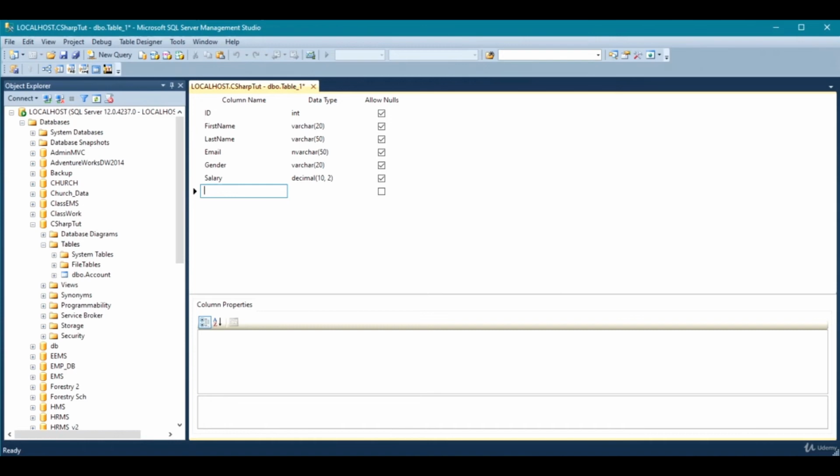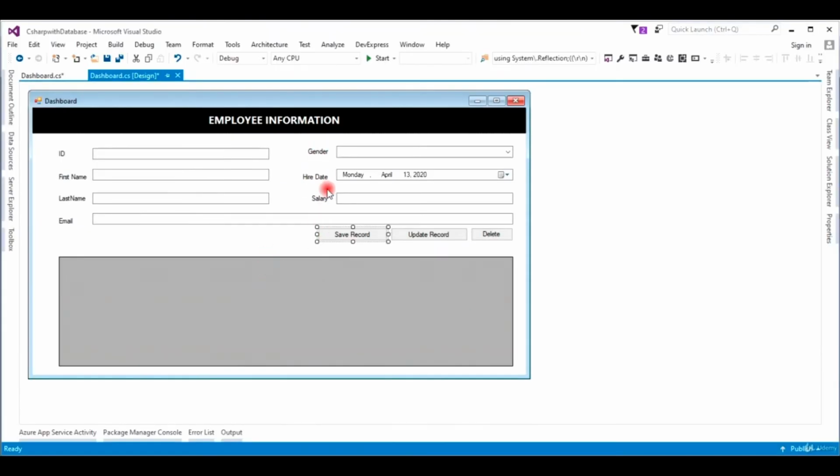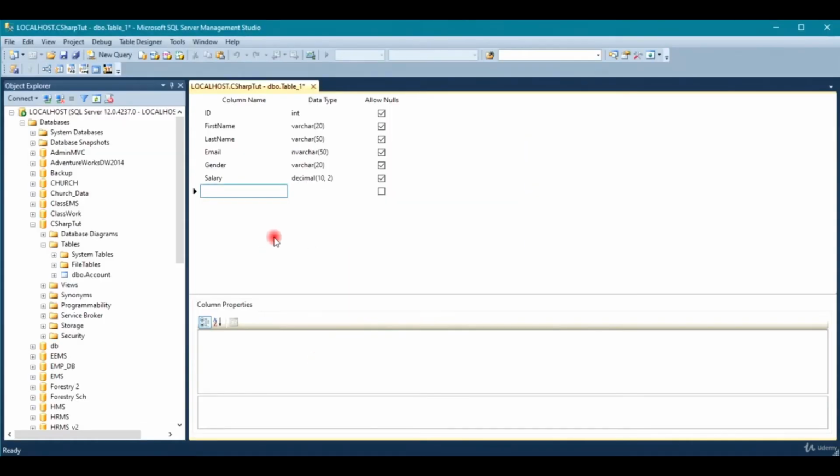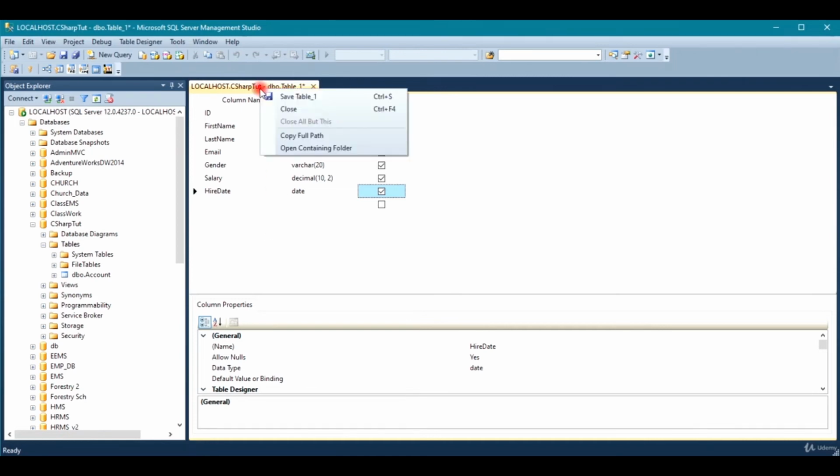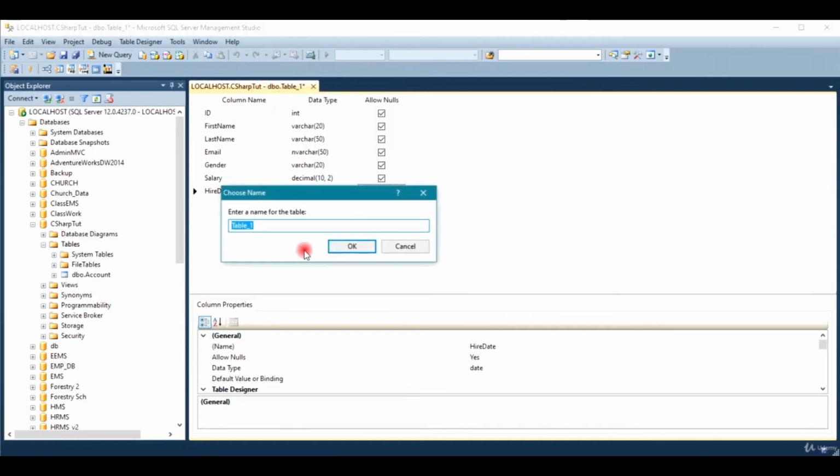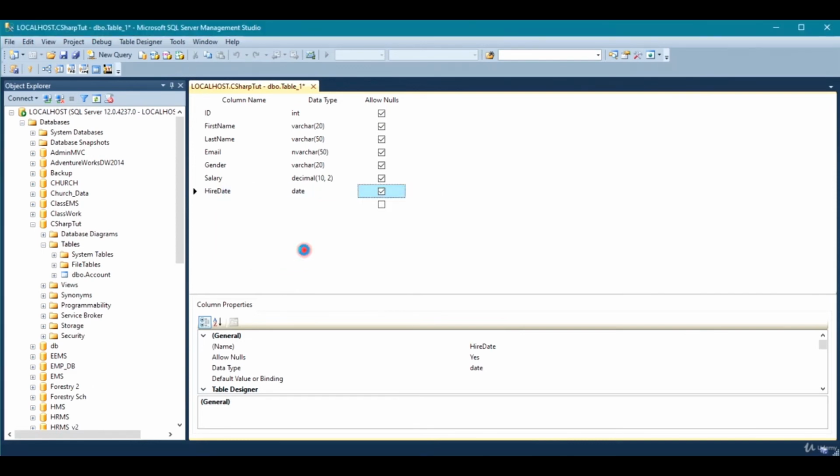Okay, then I think we also have hire date. So hire date, let's make it date. Okay, so now let's save this table as employee. So now when I refresh, we have two tables, account and employee. Since most of us are not familiar with